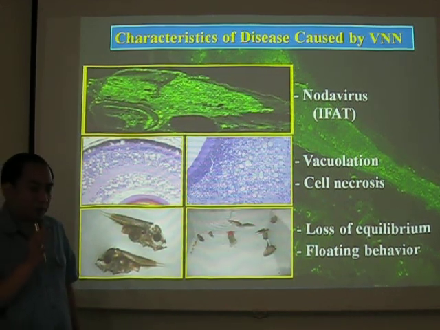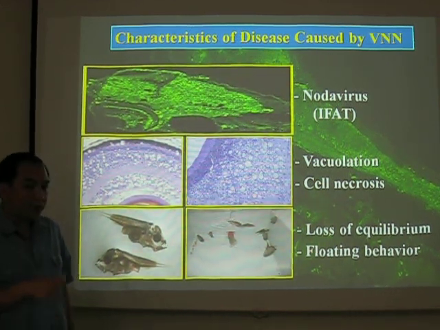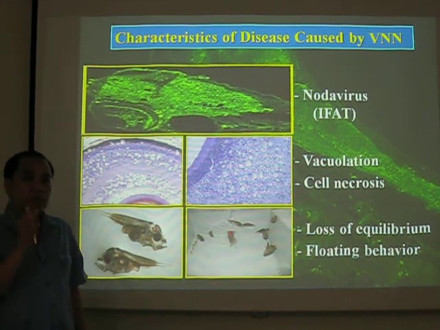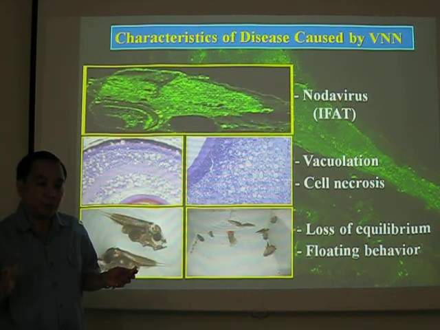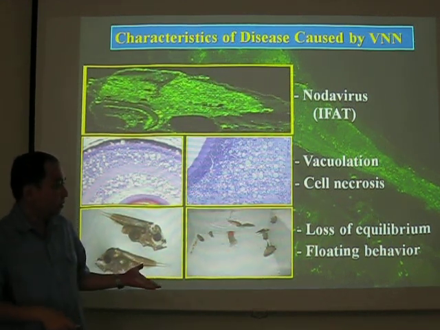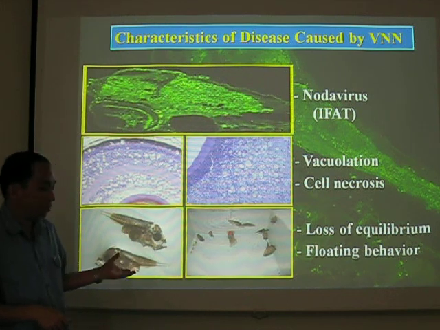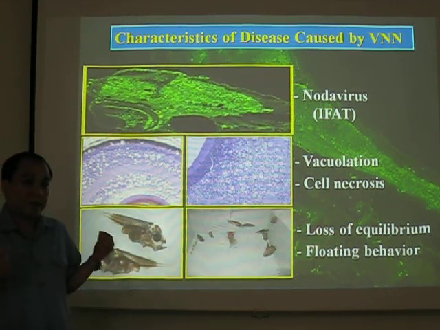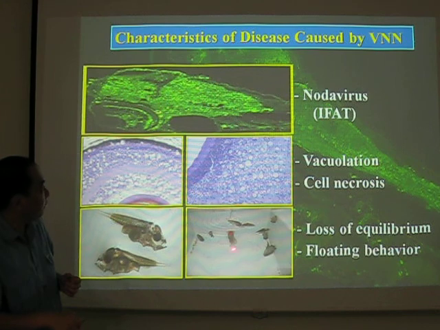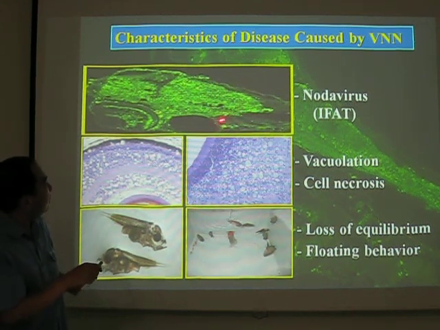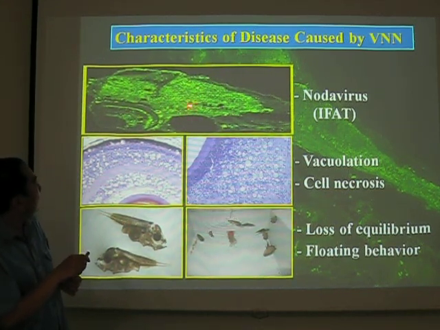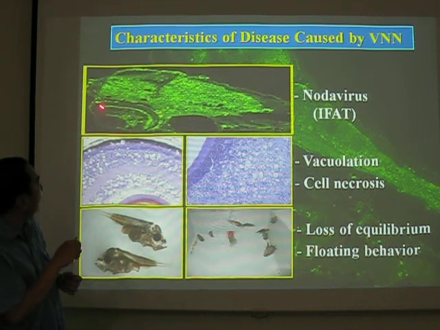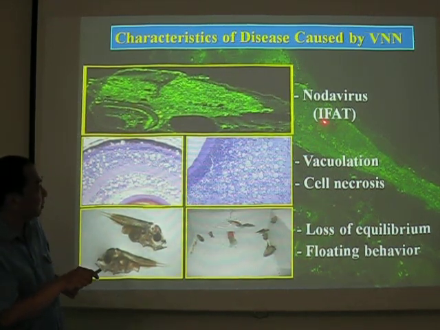After 3 days of infection, the fish usually shows corkscrew swimming behavior, in which it loses its equilibrium in swimming, and then floating behavior is usually produced when VNN occurs. So as you can see in this picture, here Beta-nodavirus is shown as a yellow color, or particles, as seen in the central nervous system and in the retina of the eye, using